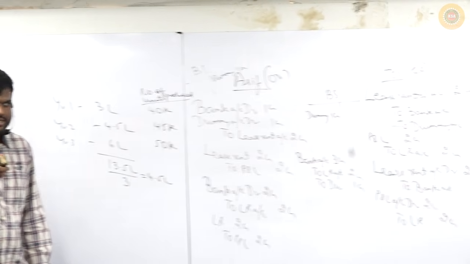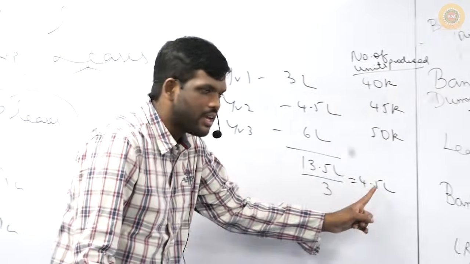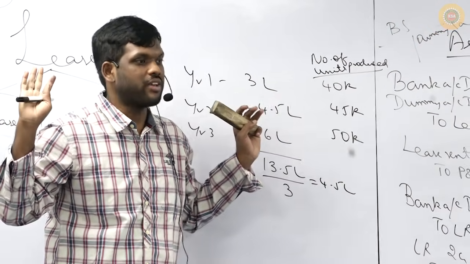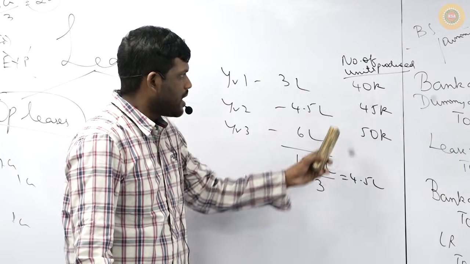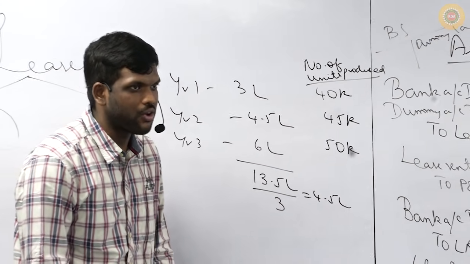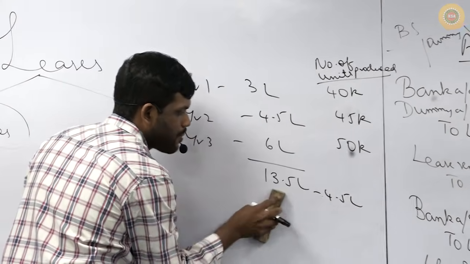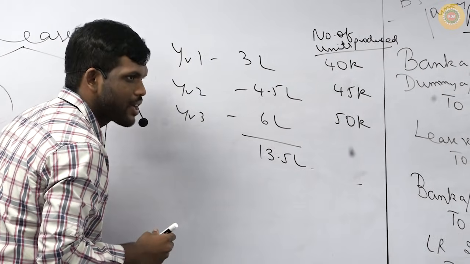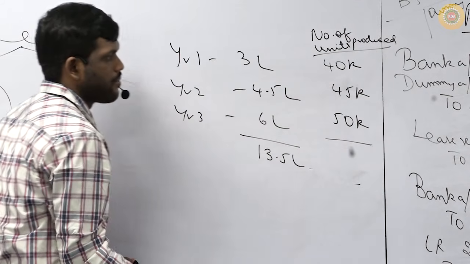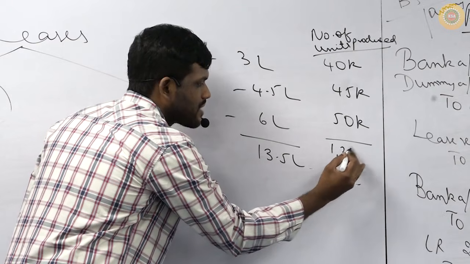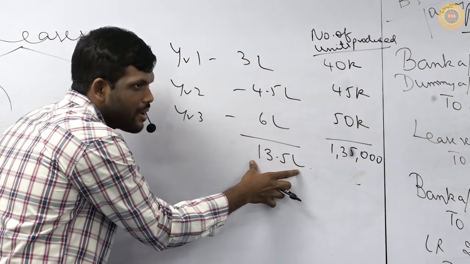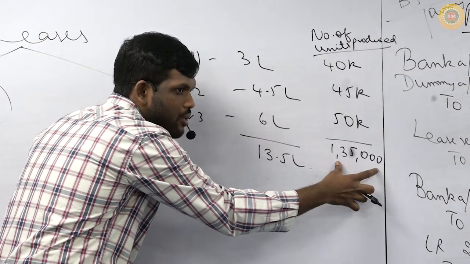In the sum that I gave you, we did it equally because the benefit from the machinery was equal to me every year. But now, is the benefit from the machinery equal every year? Total how much rent am I paying? 13.5 lakh. For that 13.5 lakh, in total how many units am I able to produce? 1,35,000. Correct? Total rent I am paying is 13.5. With that I am producing how many units?